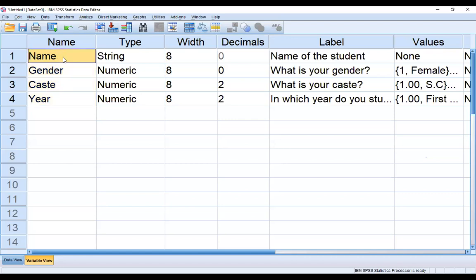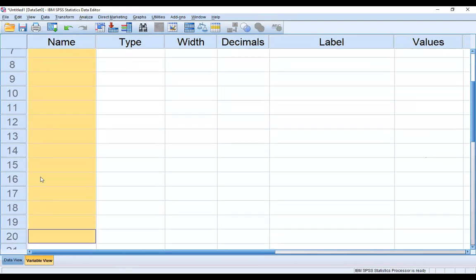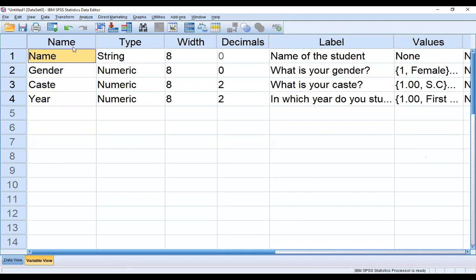So vertically, we will write all the questions in the variable view. And we should keep in mind only 4 things. One is name, second the label, because in this column we do not have enough space to write the full question, so we write our full question in the label.